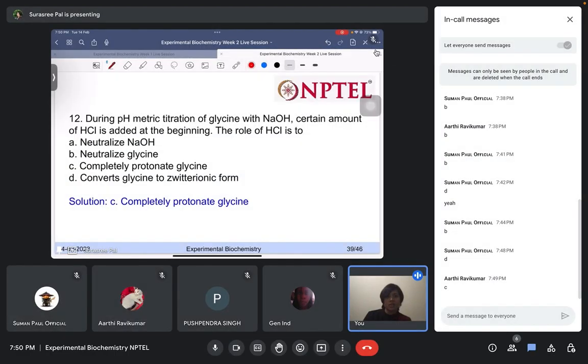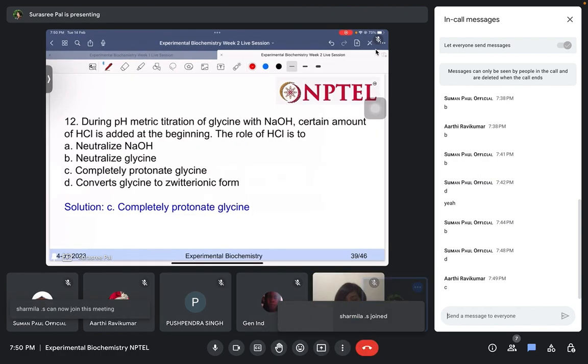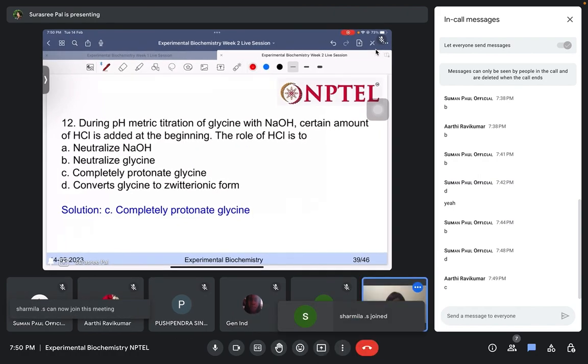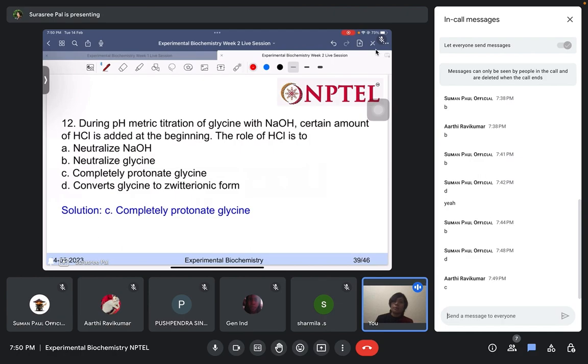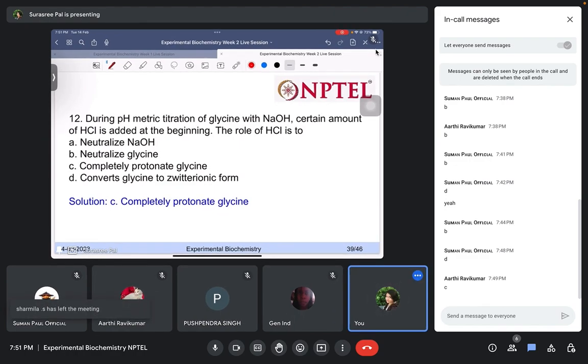And when the alpha carboxyl group loses its proton, then what happens? Not that the alpha carboxyl group loses its proton, but at a pH lower than that, what happens? The amino group is positively charged, and the alpha carboxyl group does have the proton, so it does not lose its proton. The alpha carboxyl group has the COOH, and the alpha amino group is also NH3 plus. So at low pH,